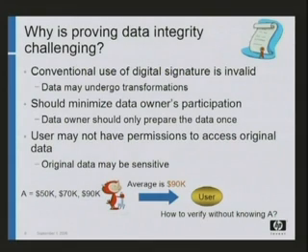Now, as I told you, data integrity can be challenging, and one reason can be because of privacy issues. The user has to verify the result without actually knowing the input of the computation. And that is one challenge to this problem. And we also consider efficiency issues. Efficiency issues is that we don't want the data owner to take active participation in proving the integrity. Because in the most straightforward solution, you